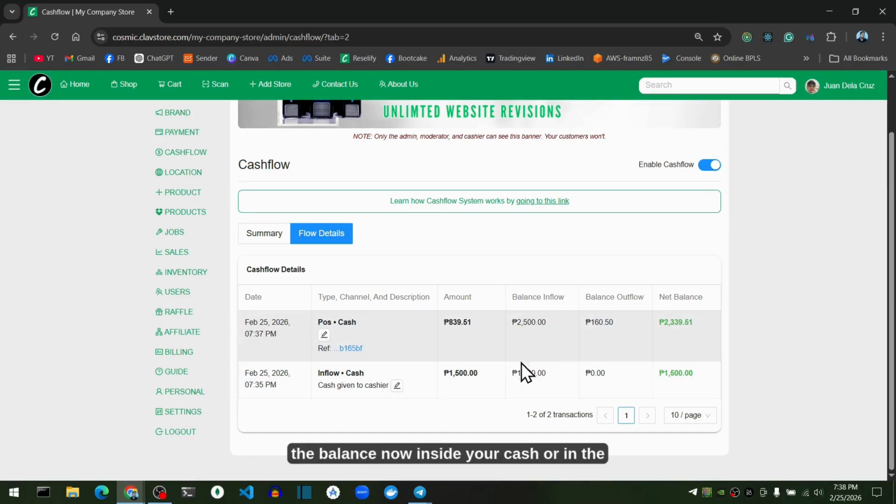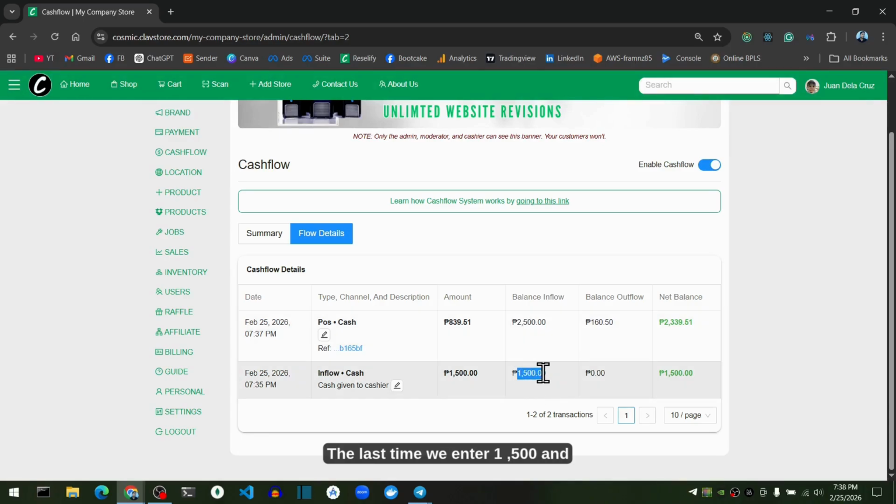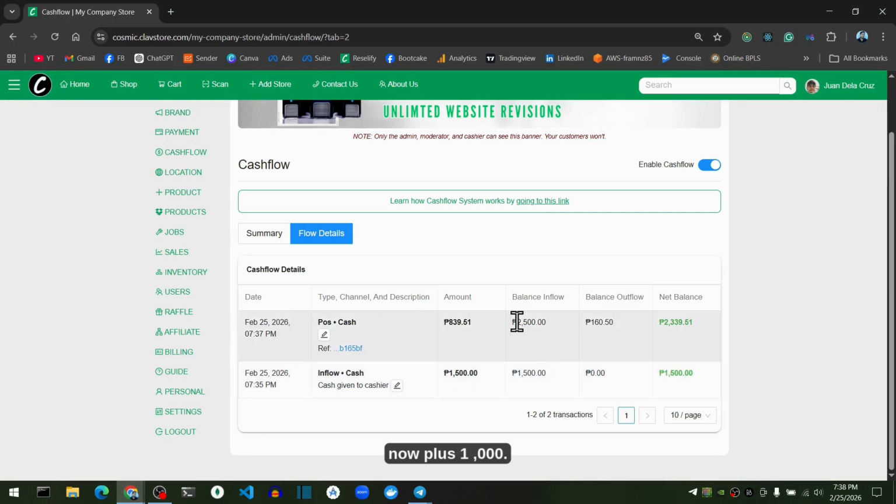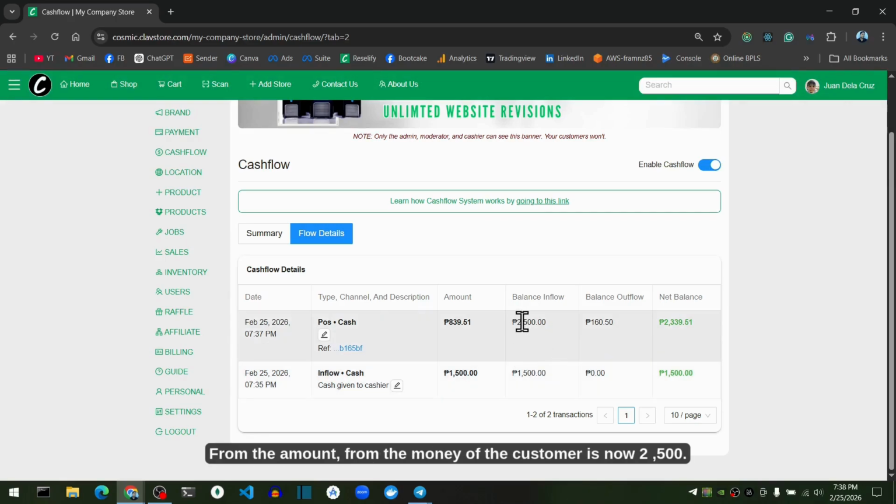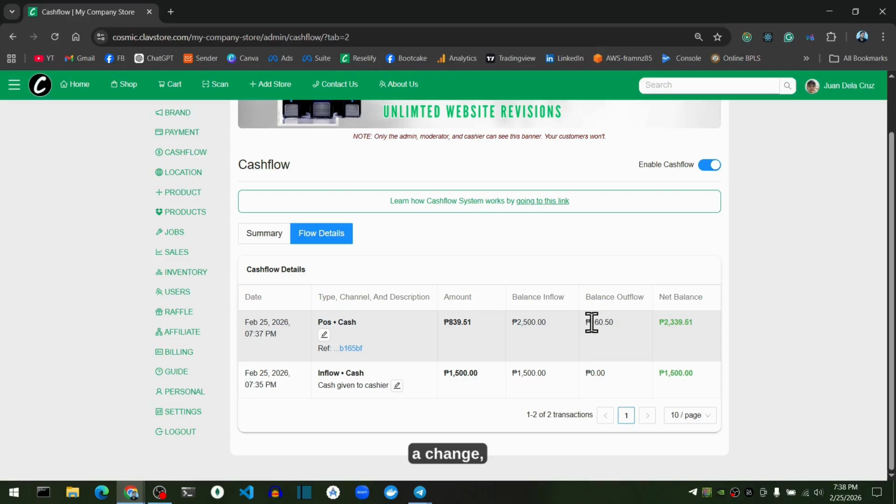So the balance inside your cash drawer is 2,500. The last time we entered 1,500, and now plus 1,000 from the money of the customer is now 2,500. And since your cashier gave the customer change, the outflow now is 160.